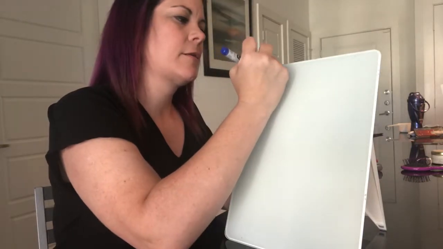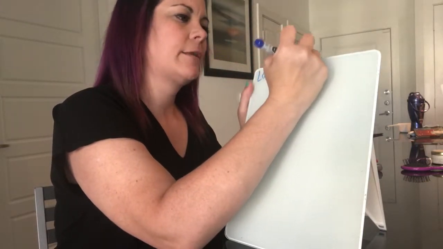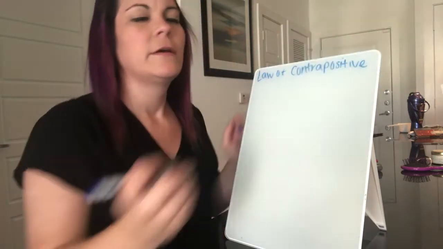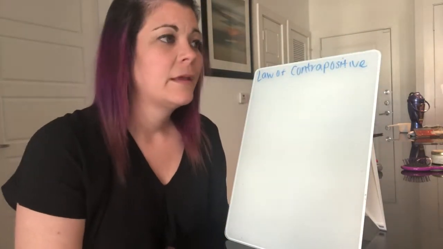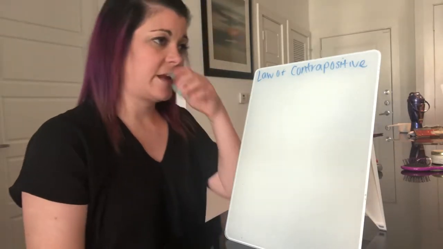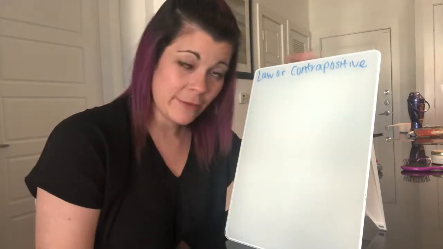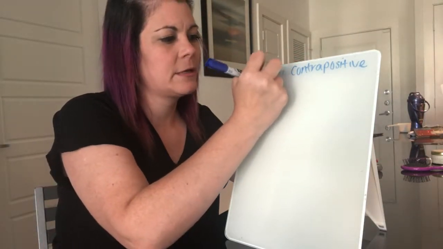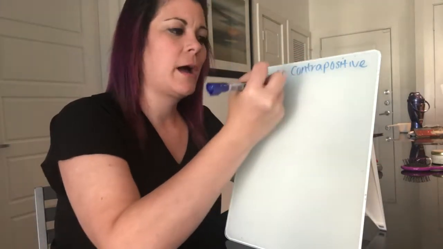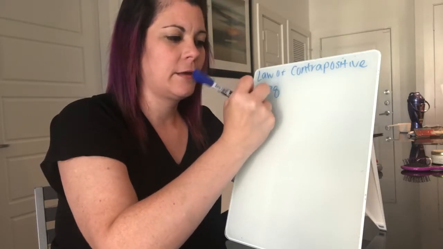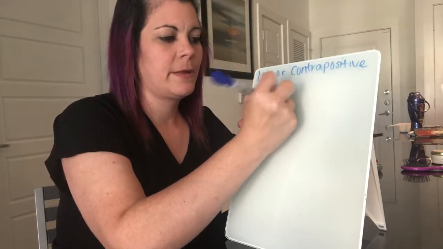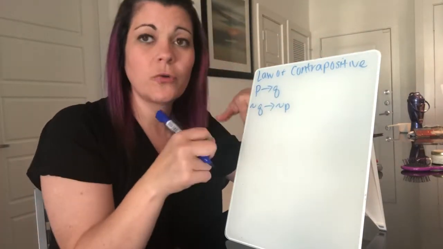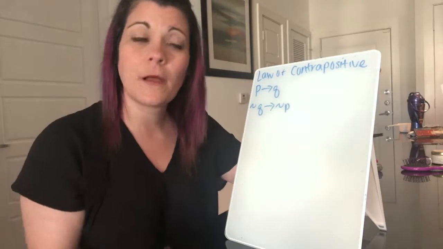So this is the law of contrapositive, and this is kind of review because we've already talked about the contrapositive. So it's the same thing. A conditional statement and its contrapositive are either both true or both false. That's the law. So P then Q, and the contrapositive is: if not Q, then not P. If both of these are either both true or both false, then they follow the law of